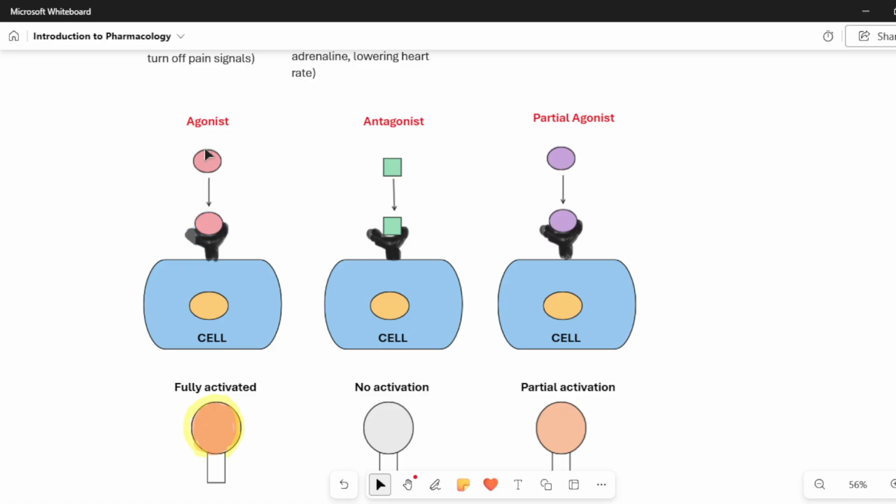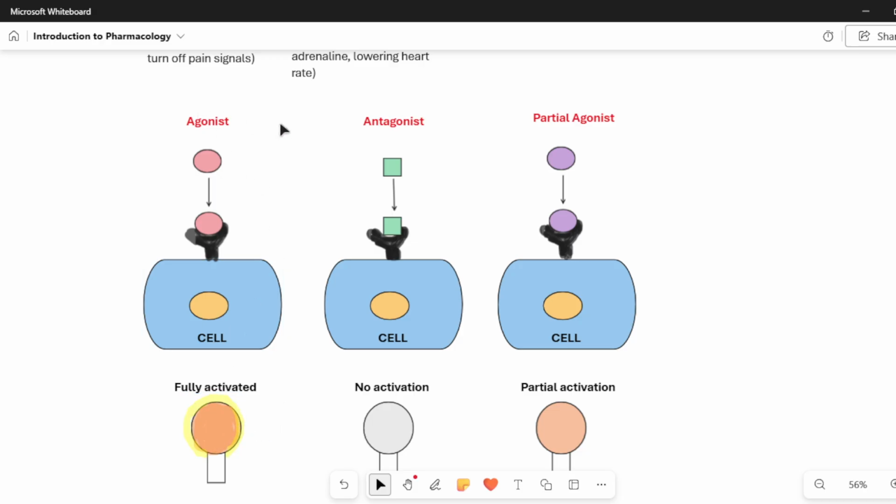Now the agonist goes and sits inside the receptor. What happens? It fully activates the cell and asks it to do its duty. So we see it is fully activated.